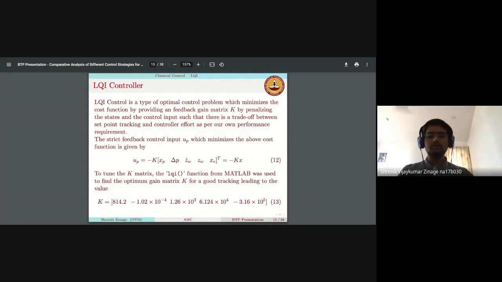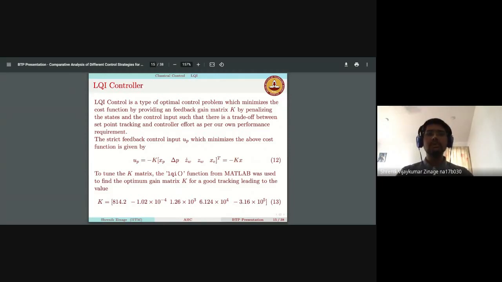And the reason why I used the XC term as well, the extra term, is because I want to minimize the steady state error. If I don't use XC and just use these 4 states, it would be an LQR control. That means I want to regulate it about a particular set point. But in my case, the set point is varying at each and every time instant. So that's why I need to add an integrator term XC, which would try to minimize that error.